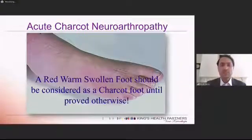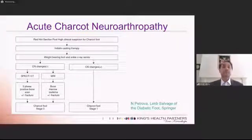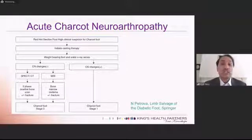But I would like to emphasize that a red, warm, swollen foot should be considered a Charcot foot until proved otherwise. Again, in that situation, you should commence offloading immediately, and you should provide multidisciplinary care. So here is another very useful algorithm. Red, hot, swollen foot, and clinically we suspect this is a Charcot. So you should initiate casting therapy. You may not have a full diagnosis by that time, but initiate casting therapy,